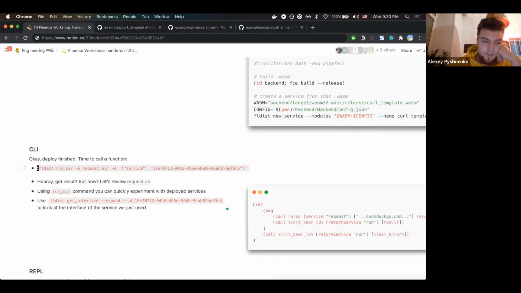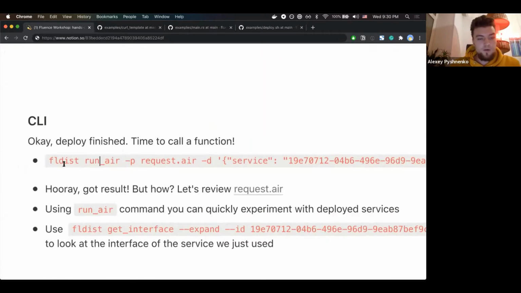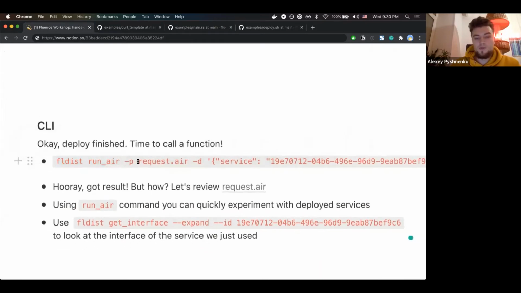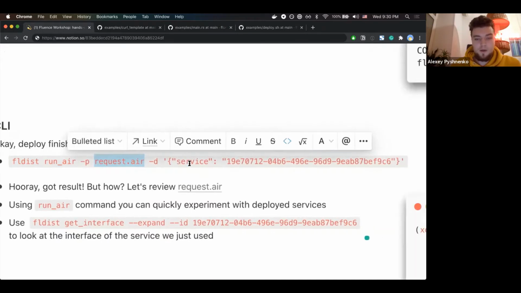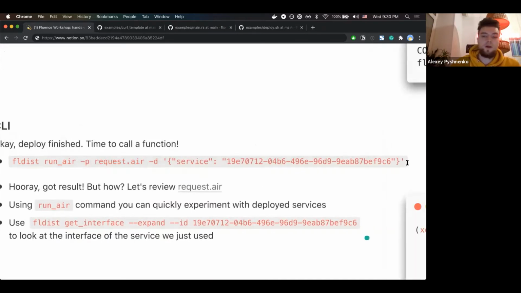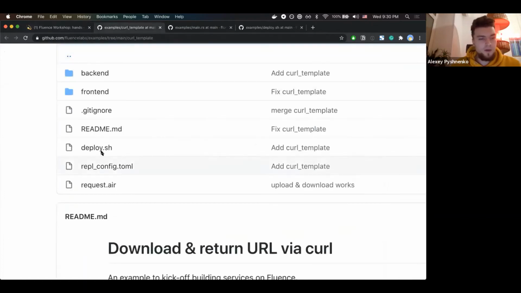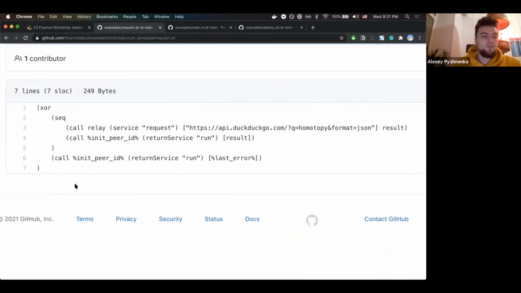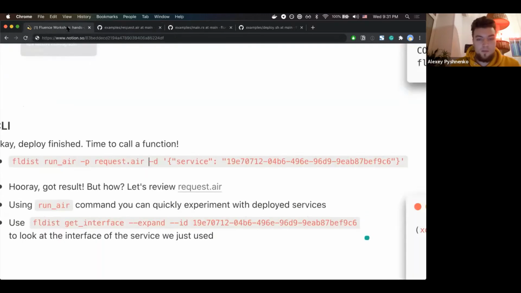So to call the service, you use the fldist run_air command, and you specify a path to the air script, and you specify values for variables that are used inside that script. What does it mean, variables inside script? So let's take a look at the request.air file. Here we have a simple script that goes to a service, goes to a node whose ID is resolved through a variable named service. That's why we have here, I will switch tab,